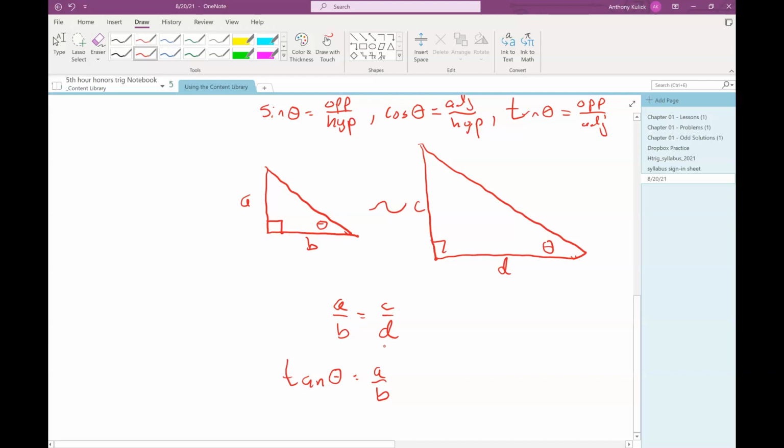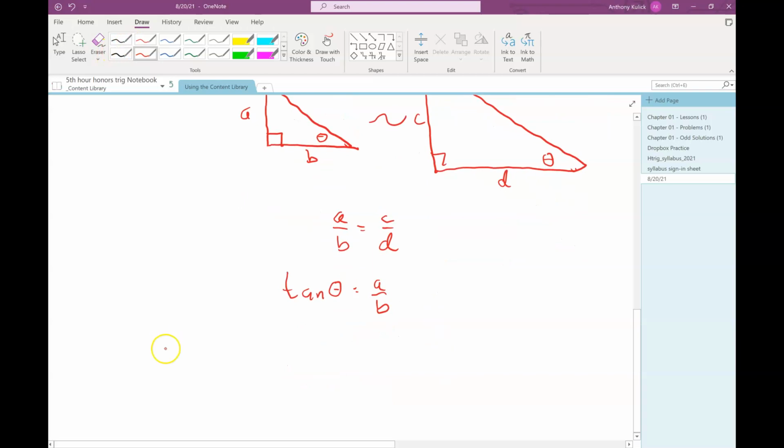Does that sound familiar-ish? So this was our basic geometric definition of sine, cosine, and tangent, where it was tied to right triangles. Now, if you're in the honors geometry class,